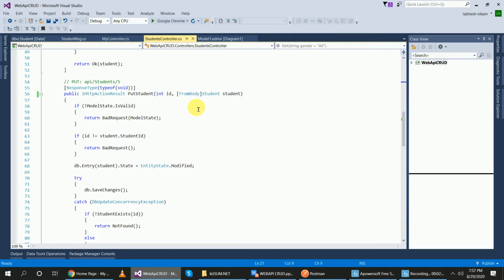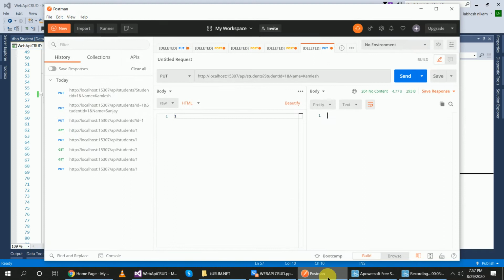This table data I have used the FromBody attribute on. So the request data will be taken from the request body, and id is taken from the browser. Okay, so I will check it in the Postman application.